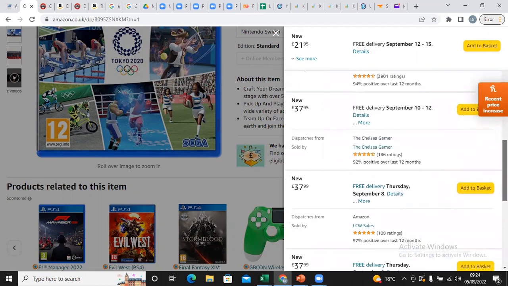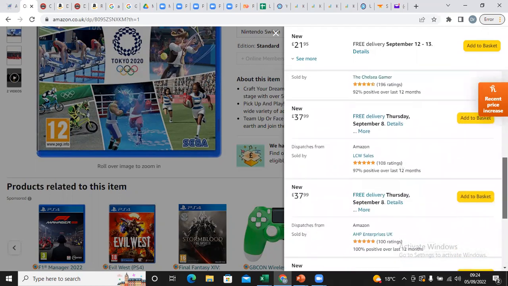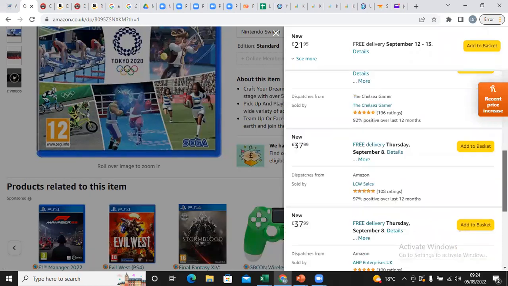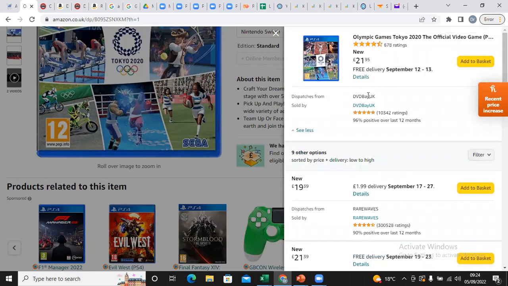Yeah, so there doesn't seem to be many FBA sellers, but there are some FBA sellers offering it at a higher price. But the FBM sellers seem to be DVD UK, that's the new item. So I would probably try and stay away from this product because